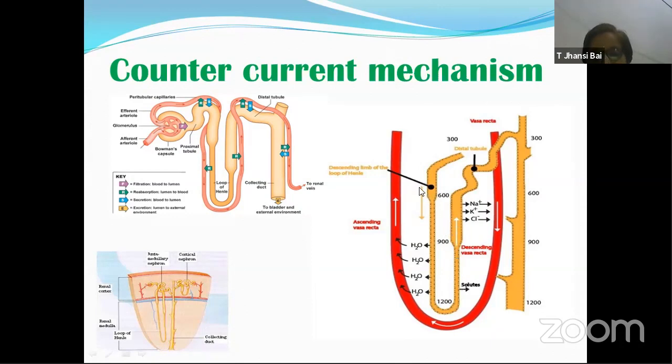So in this you can see this is the arrow. That means fluid is coming down over here, and here you can see this is a white arrow which shows that fluid is moving up. So this is the movement of fluid or liquid in opposite direction. Now I hope that you understand the word counter, moving of the liquid in opposite direction.